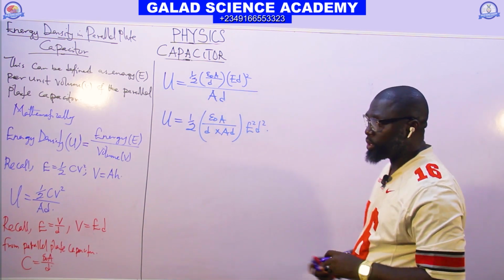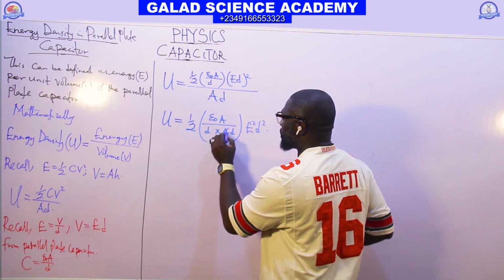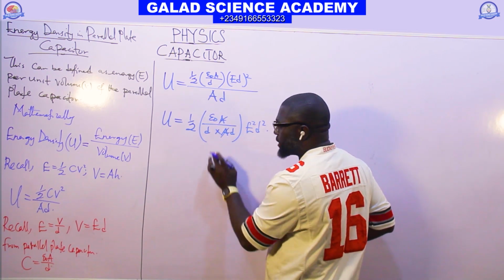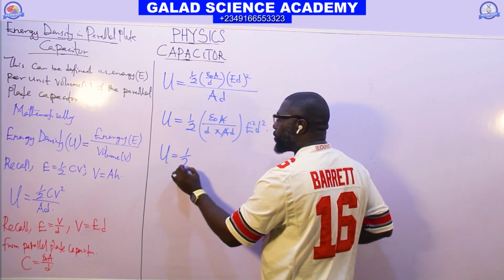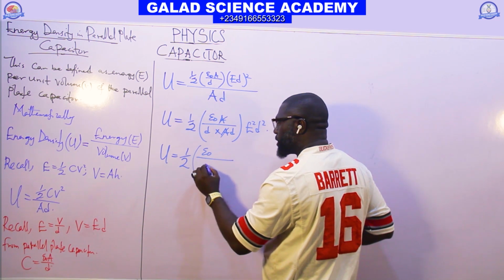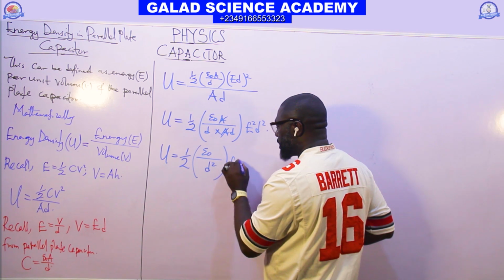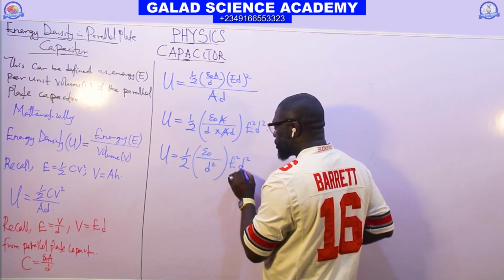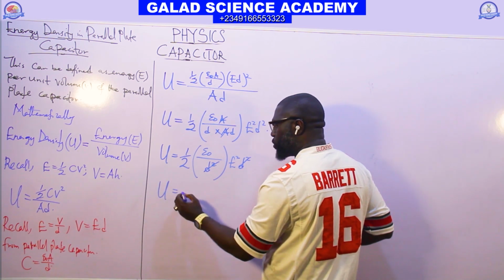By continuing the expansion, this A will cancel this A out, and this D will be D square. We have U as half of epsilon naught over D square into bracket E square D square. This will also kill this. At the end of the day, energy density will be equal to